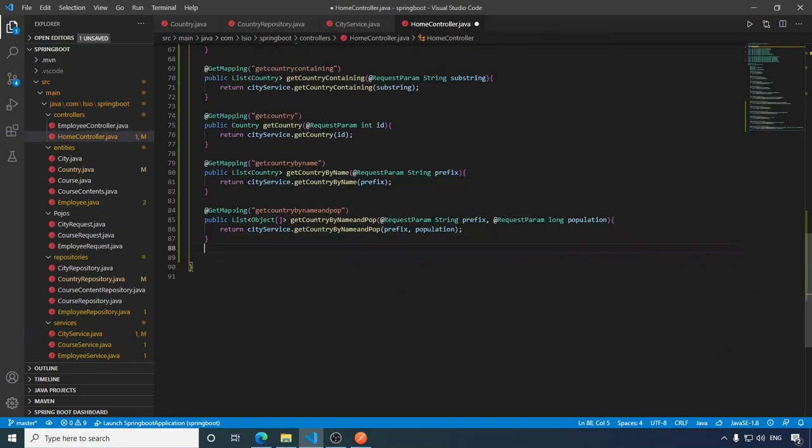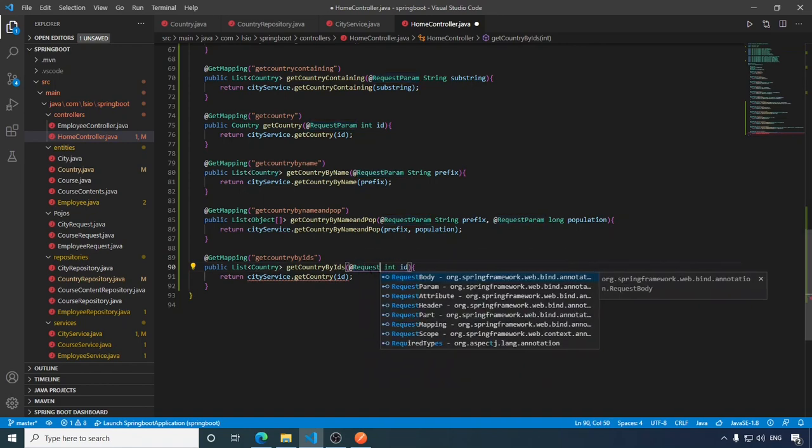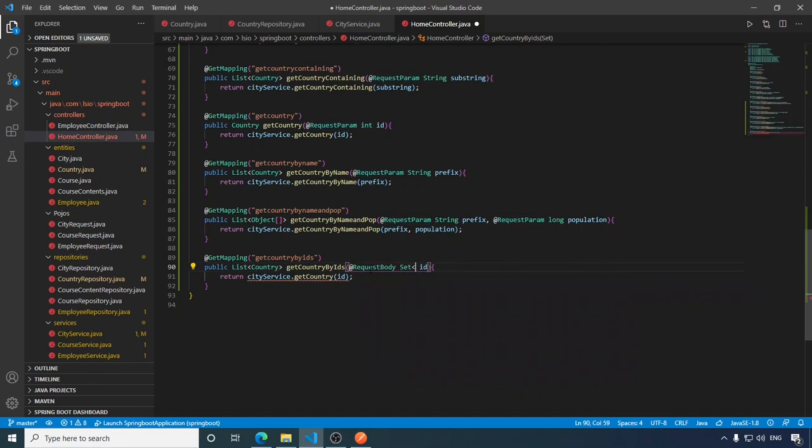Okay, now create one endpoint here, get country by IDs, change the method name to by IDs, return type to list of country, and instead of request param, let's say we are going to pass a request body, set of integer IDs, get country by IDs. Now save this, run the application,